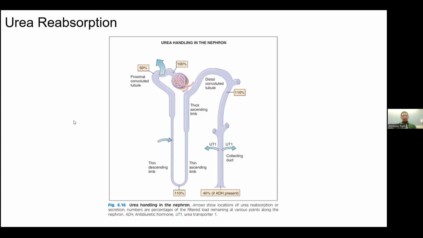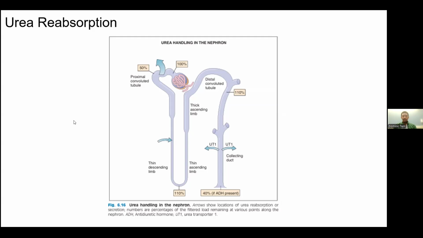In the proximal tubule, about 50% of the filtered urea is reabsorbed by simple diffusion, right? As water is reabsorbed in the proximal tubule, the urea concentration is going to lag slightly behind, and the concentration of urea in the lumen becomes slightly higher than the concentration in the blood, right? And this would then drive the passive urea reabsorption. So at the end of the proximal convoluted tubule, 50% of the urea is absorbed and 50%